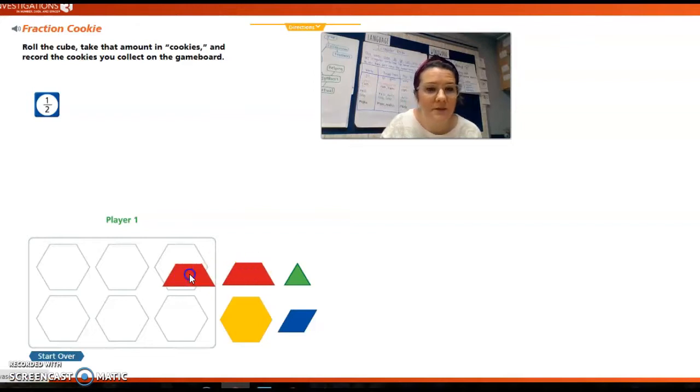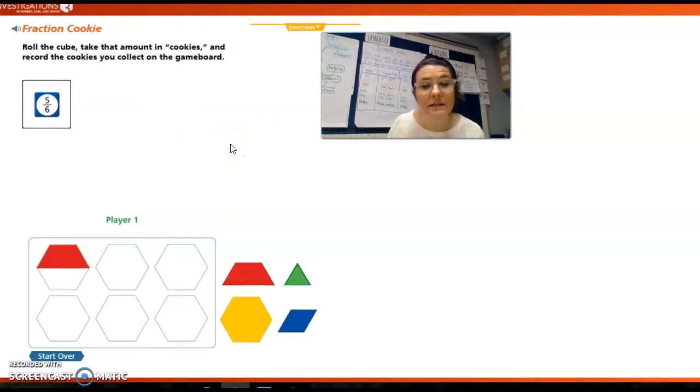You're right, the trapezoid. So I'm going to continue to try to fill up my cookies and make one whole. Ooh, 5/6. So I need to remember what pattern block represents 1/6, so I can get 5 of those 1/6 pieces. Do you remember which pattern block? The triangle. I can't put 5/6 in this first hexagon, so I'm going to move to the second hexagon